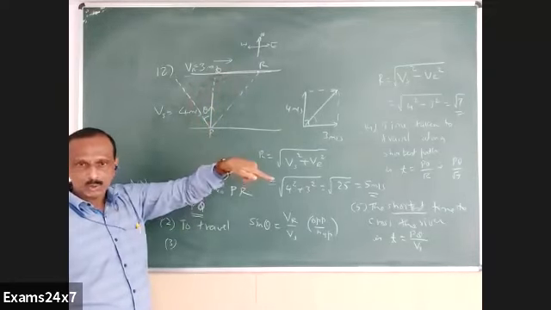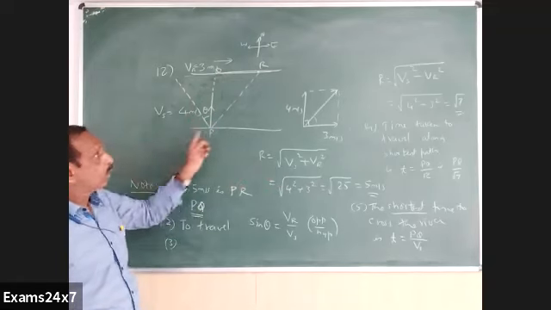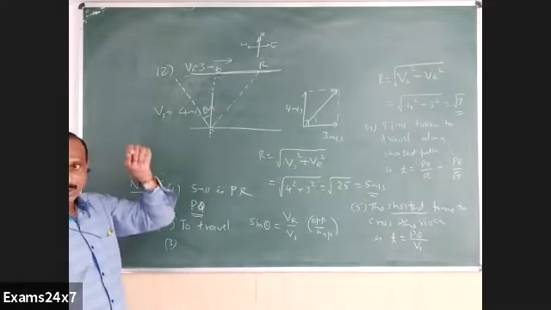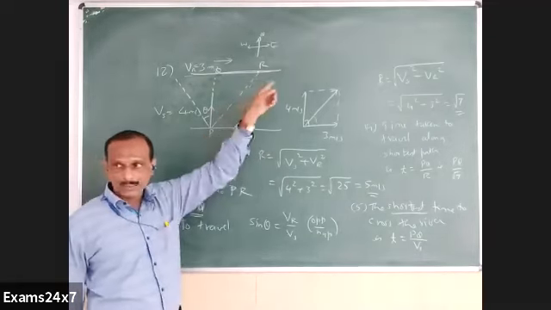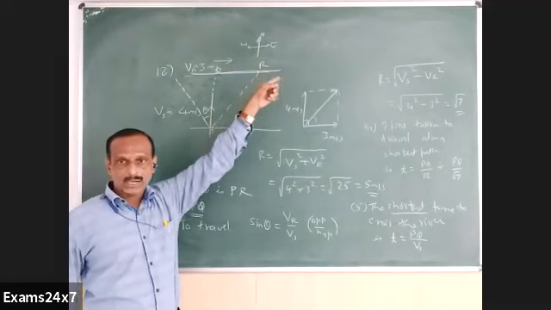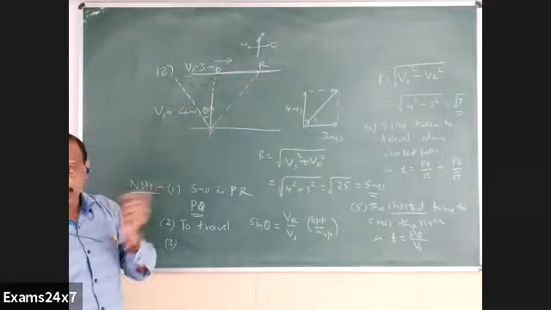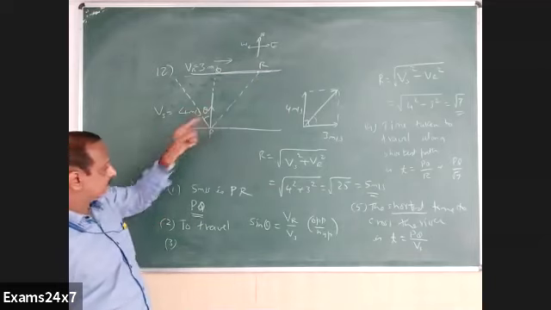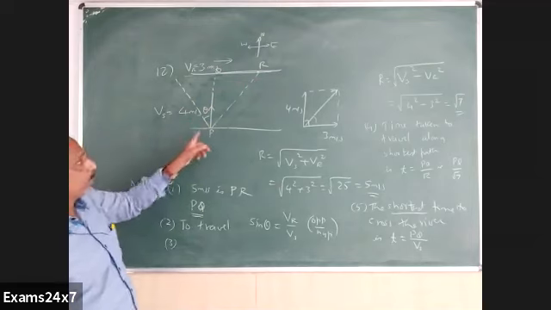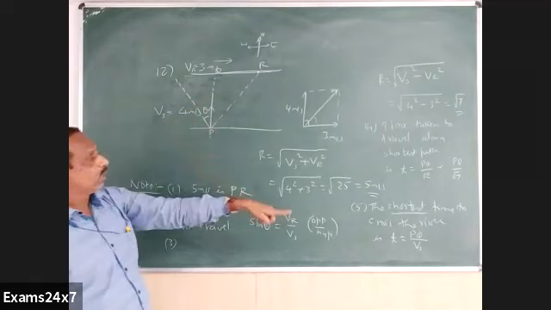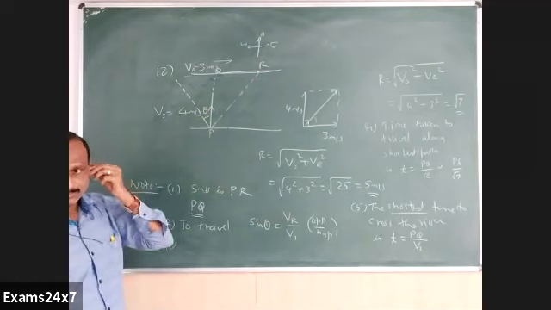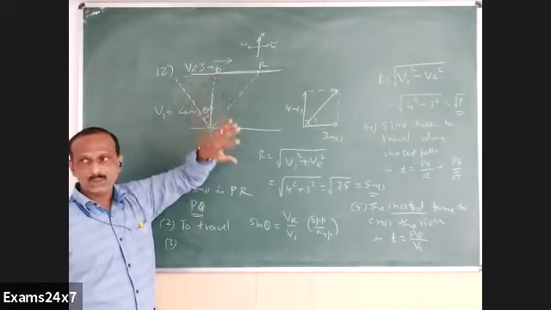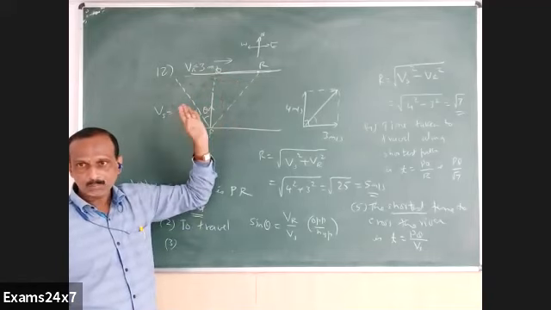PQ divided by own speed is actually equal to PR divided by, can you guess, sir? In the shortest time case, he is actually traveling along PR. So actual path PR divided by what will be equal to this value? His own speed there, the resultant speed, that is the first thing we calculated, 5. So PR divided by 5 is actually equal to this PQ divided by 4. Because this is a right angle triangle, the corresponding sides are proportional to corresponding speeds we have taken.